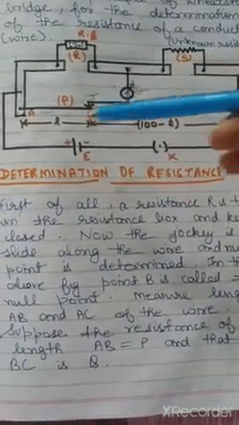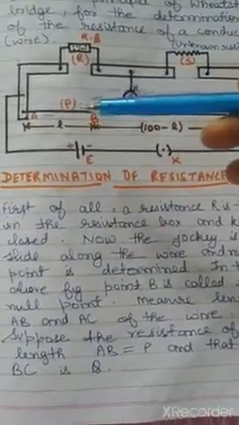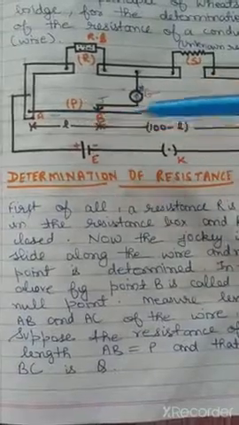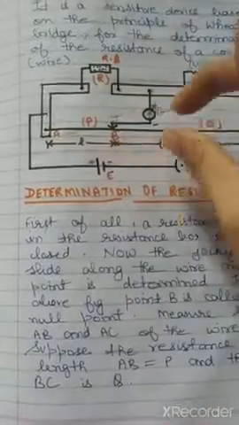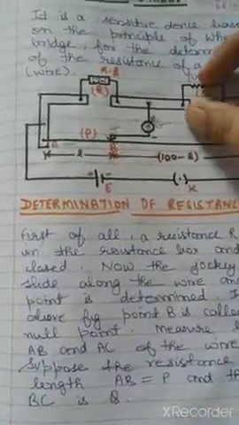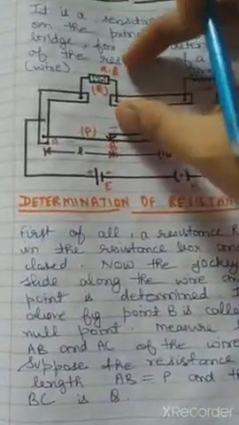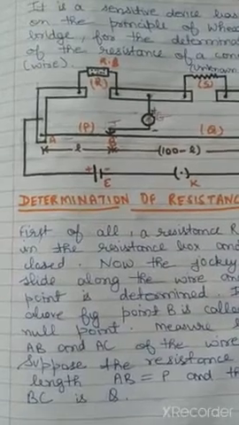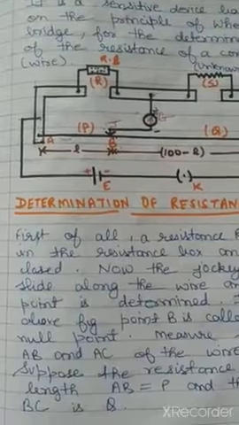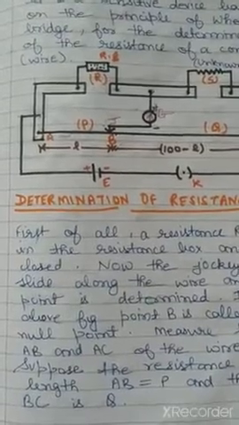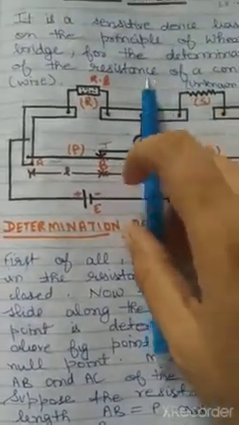This is a wire whose resistance is fixed. So P will become this L and BC will become your Q. So we have the values of P and Q, and we are going to find the value of S, and we have this R also. So this is how, using the Wheatstone bridge principle, we have P by Q equal to R by S. Now the question is why we are getting this null point.